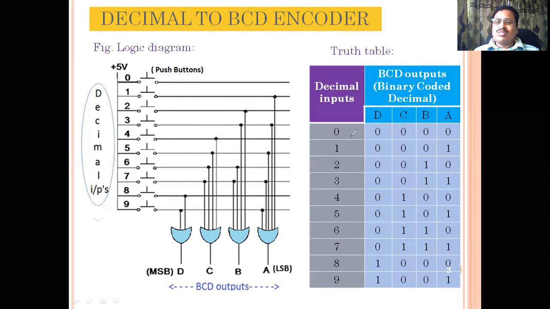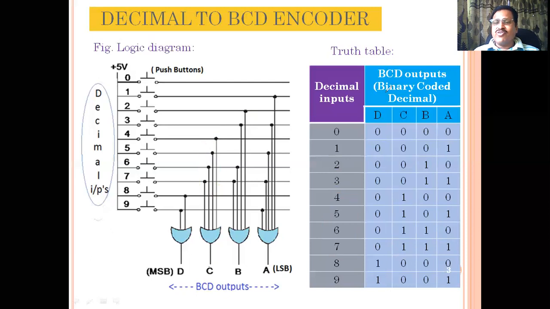Similarly, if you observe, the C output is obtained by the third OR gate having 4 inputs. Again, if you observe how to connect decimal inputs for this OR gate whose output is C, the column C in the truth table shows the binary bit 1 appearing when we select decimal inputs 4, 5, 6 or 7. So corresponding to this, C will become equal to 1. Therefore, you have to connect decimal lines 4, 5, 6 and 7. We connect these as the input for the OR gate whose output C becomes 1 if one of these decimals is selected at the input, and so on.